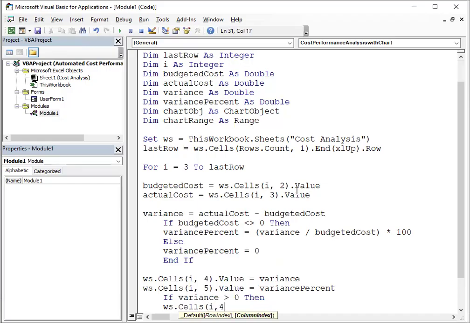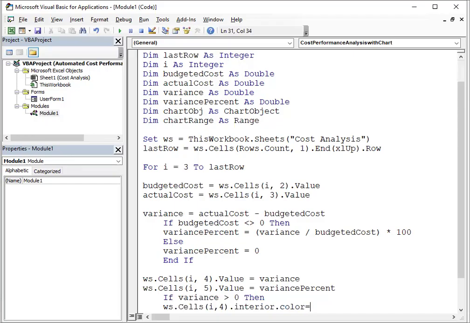So for that, I'm gonna put interior color, I mean that color, right,